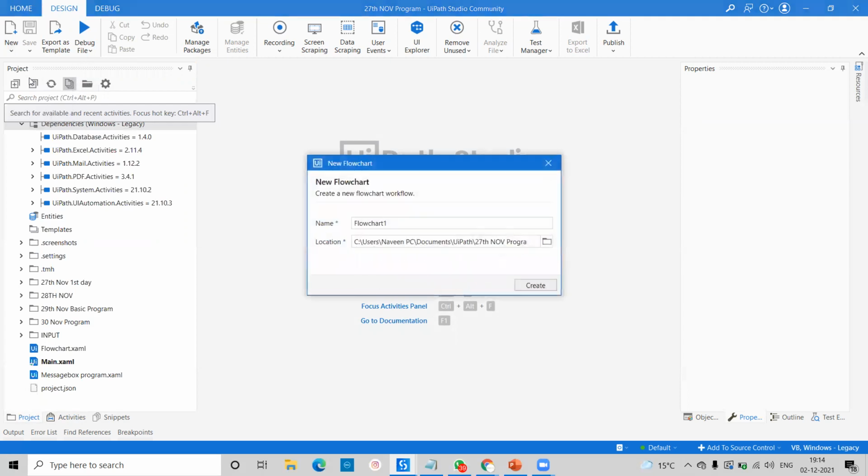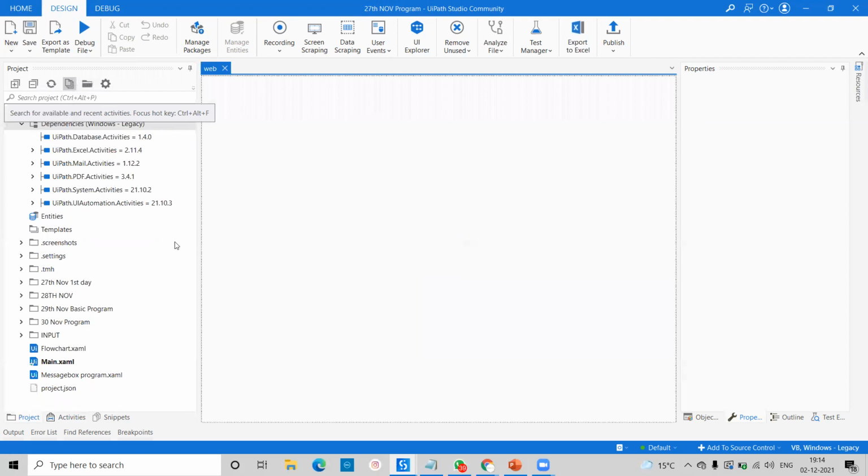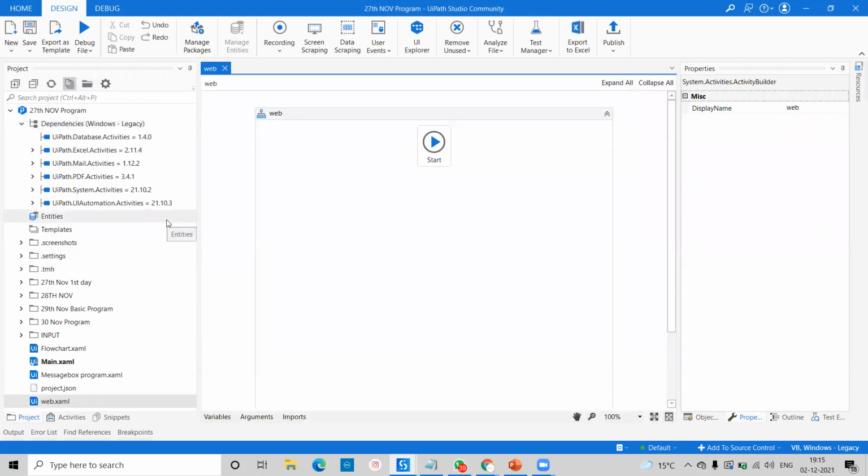If you click there, automatically you will get this type of thing, flowchart one, whatever name you want to give. Suppose that you want to give the name web. Okay, click on create, automatically you will get the name web. Okay, what I want right now, I want to create one folder. Daily basis, after the 2019 version, they have given an advantage like that in UiPath. On a daily basis, you are able to create one folder.